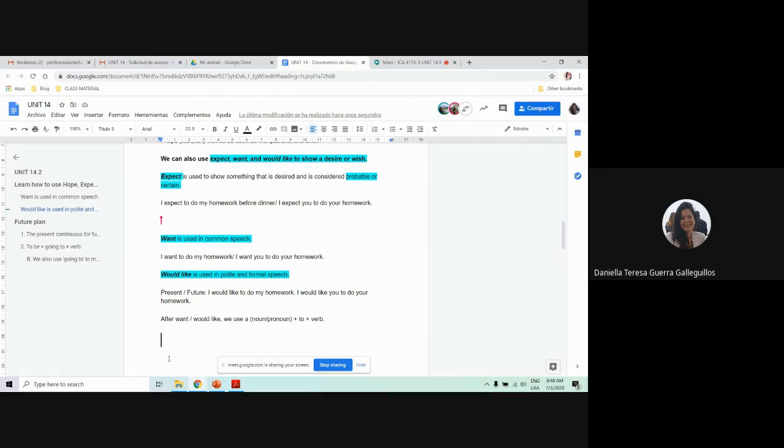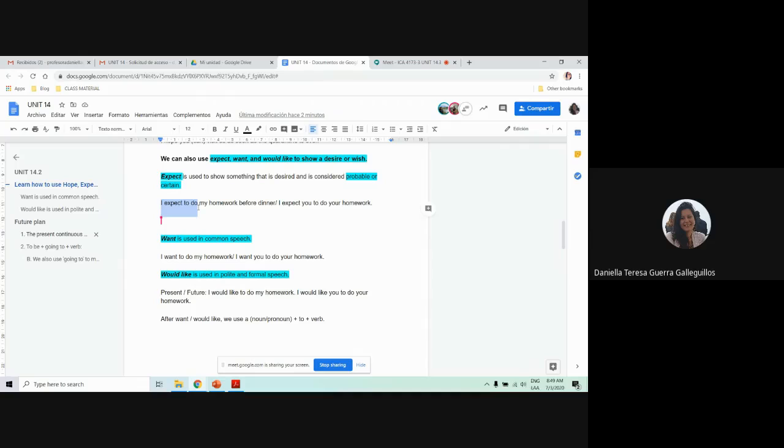Y aquí quiero que presten atención. I expect, cuando tú dices yo espero, es una acción que depende de ti misma. Yo espero trabajar después de titularme. Yo espero quedar en tal lugar trabajando después de titularme. Yo espero sacarme buenas notas este semestre. Yo espero pasar todos los ramos. Ese yo espero va con un verbo en infinitivo. Fíjense, yo espero pasar todos los ramos. Yo espero trabajar. Y el infinitivo en inglés es to con la forma base. Entonces, I expect to y el verbo. ¿Se fija en la estructura?